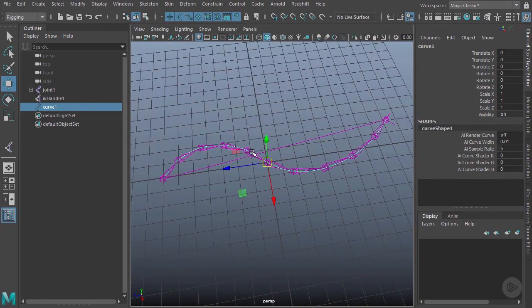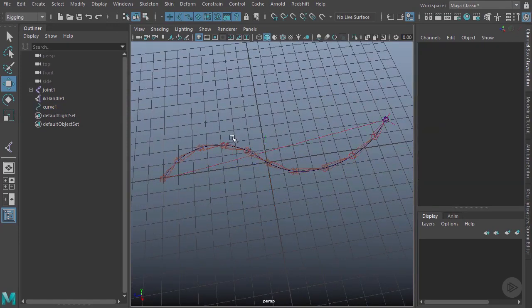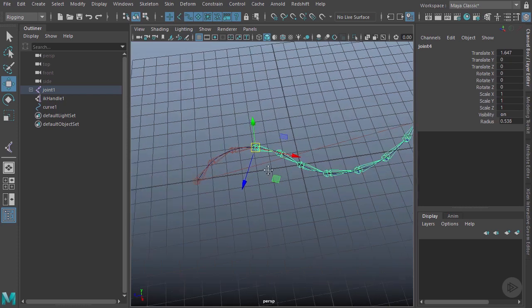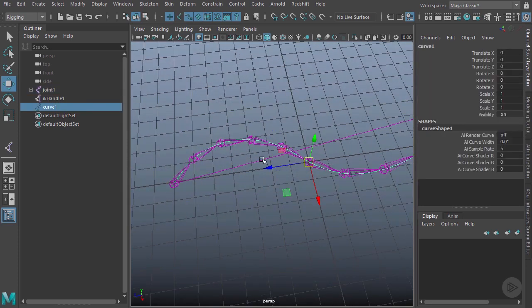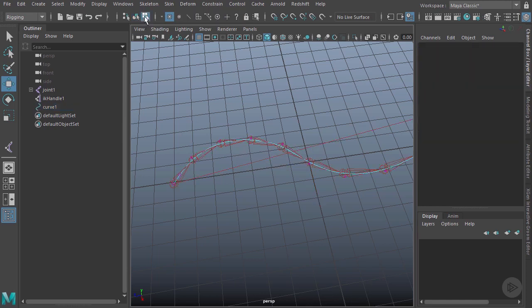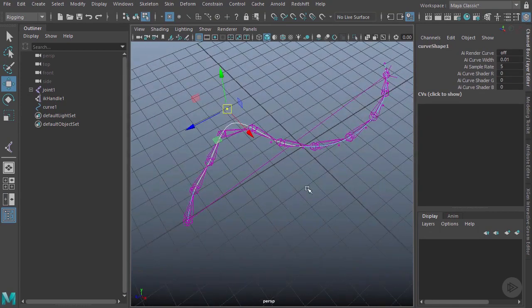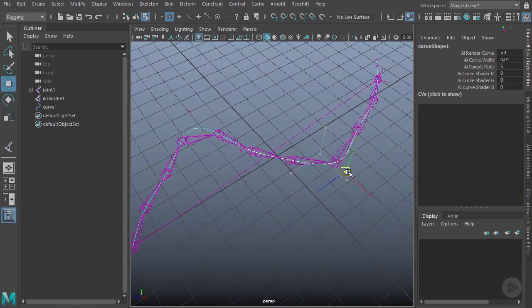Now, what I'm going to do is temporarily disable the selection of my joints. The reason is, if I drag over here, you can see I'm accidentally selecting the joints. So what we'll do is come up here, and this little button here will filter out joints. And now you can see when I drag, I can actually select just the curve. And let's go into component mode on the curve here. And you'll notice now, as I actually drag these points on the curve, I'm going to drive the joints along